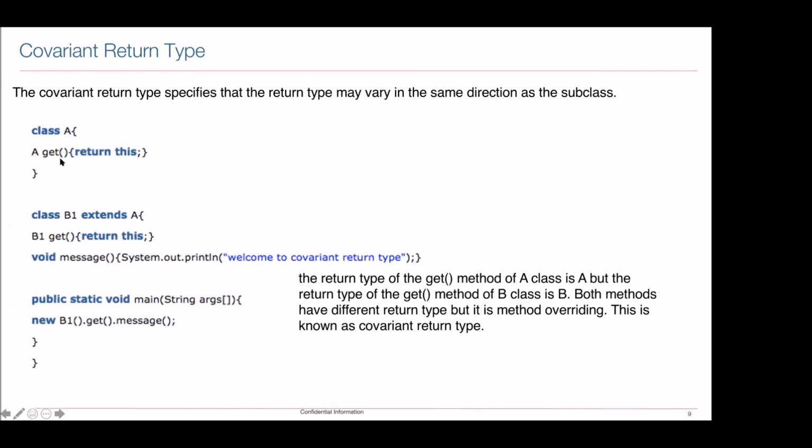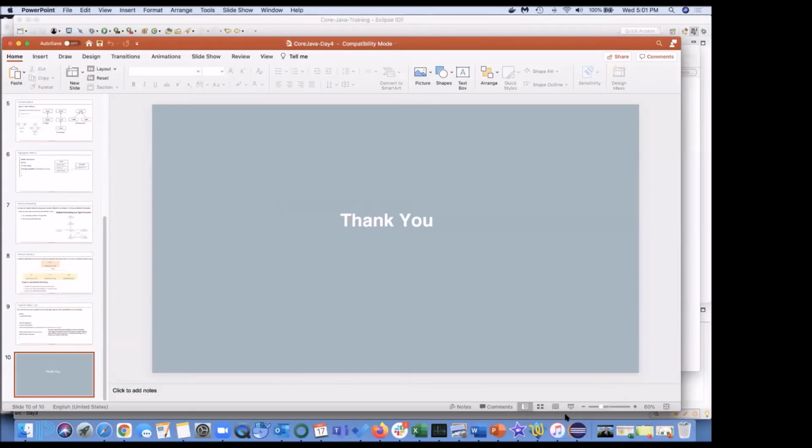B. So it's of class B. Yes. Why? Because again, we have done method overriding here. So that is the reason it will be of class B. And such types of return types are known as the covariant return type. Well, that was just for the theory. Let's jump on to the programming.